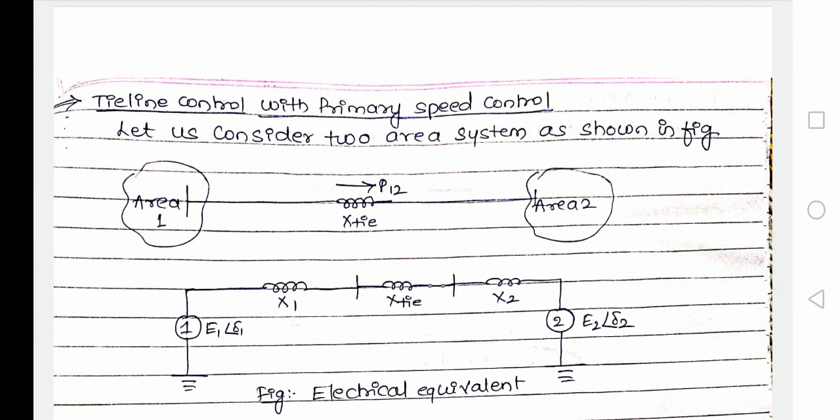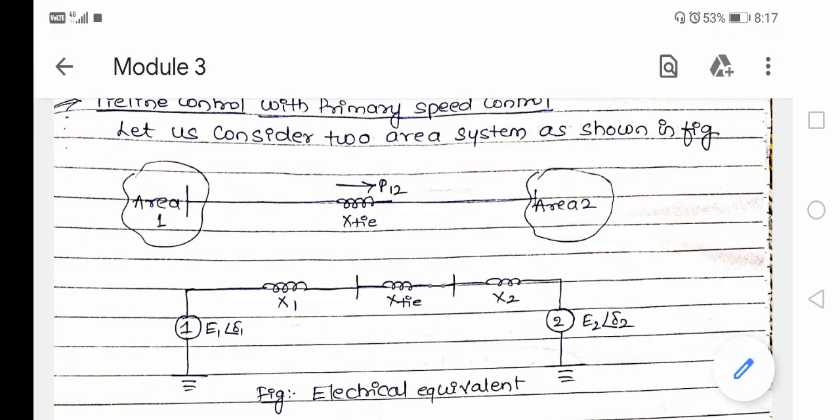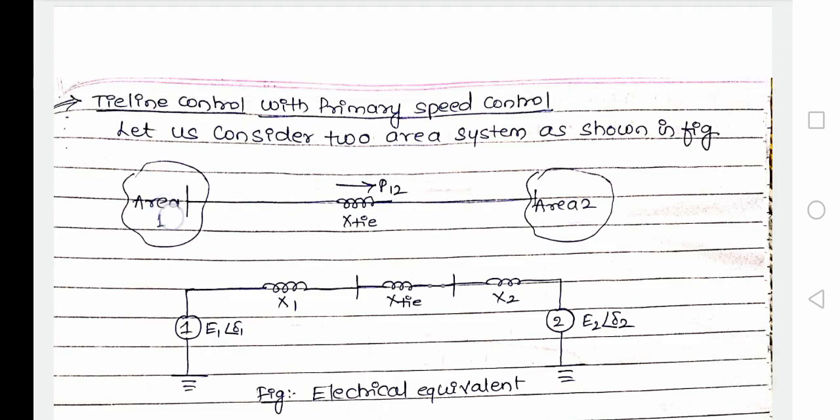Dear students, today we'll have a discussion on tie-line control with primary speed control in two-area system. Here, to derive this equation, we need to consider the two-area system for the power system and networks. Here, you have to consider area number 1 and area number 2. In between this area number 1 and 2, we are having a tie line with respect to the power of